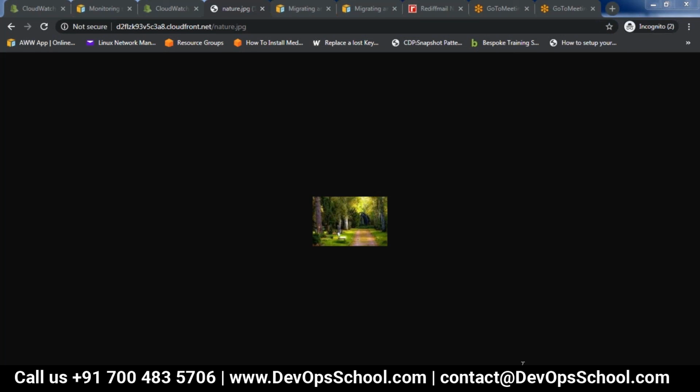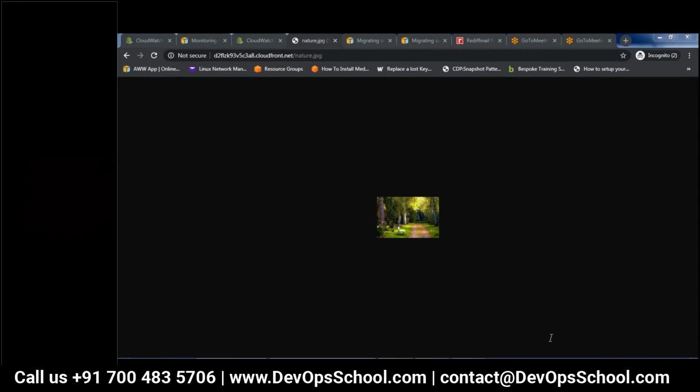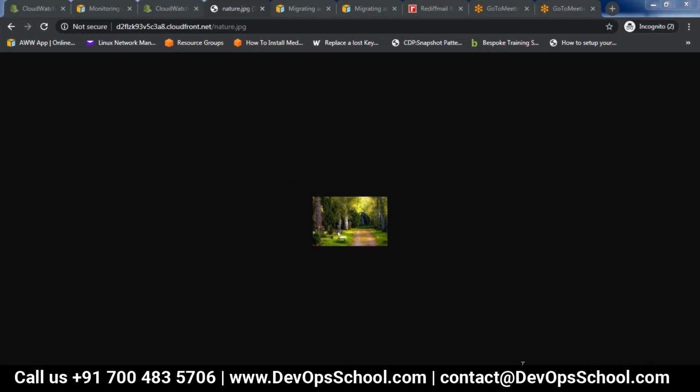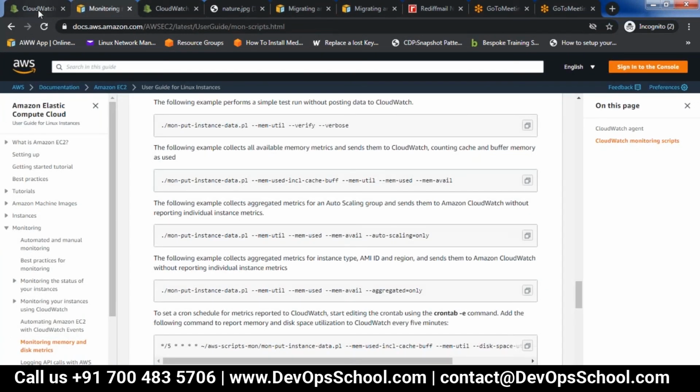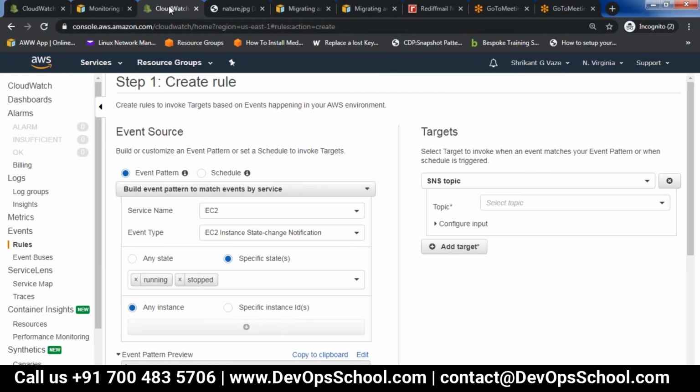So this is coming from the nearest location to you. My S3 bucket is in North Virginia region, but this is getting delivered from the nearest edge location. So that way you can use this basically to reduce the latency. It is called a content delivery network. So this will become quite fast. Otherwise, it actually takes a couple of minutes to distribute.